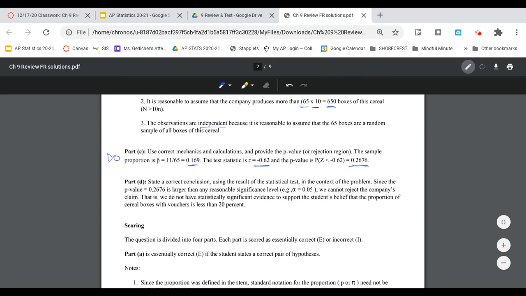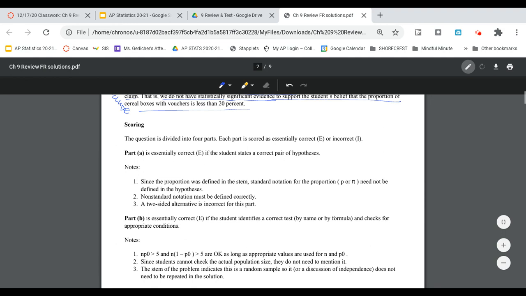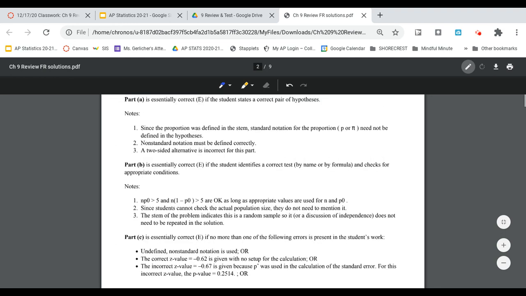Okay, and then here's the conclude part. So since the p-value is larger than the alpha, we cannot reject the H0. They said statistically significant evidence, but we're saying we do not have convincing evidence, same thing, to support the Ha, the student's belief that the proportion is less than 20%. All right, that's it. Now we'll go, oh, and then as usual,